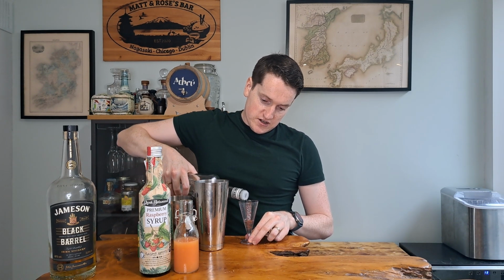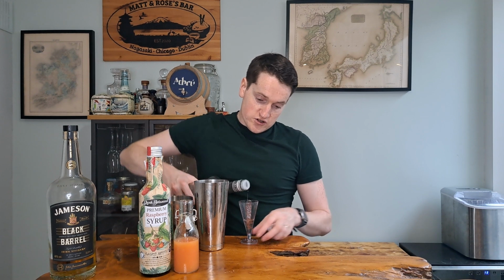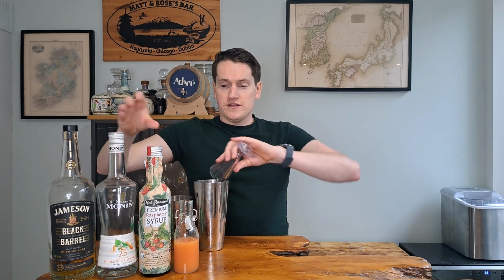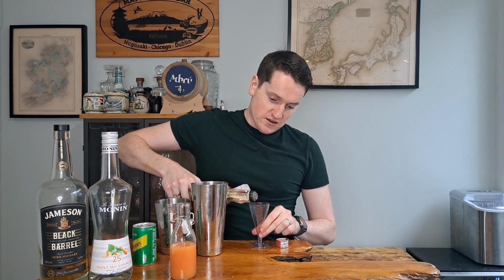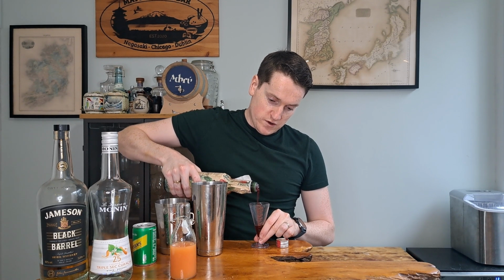So this is going to give us a nice bit of extra sweetness and orange notes from the triple sec, but then that raspberry sugar syrup is going to give us a different direction, with very nice flavor. It's quite rich. It actually has a lot of real fruit in it, like they use real fruit pulp, so it has a lot of flavor. So I'm going to go in with 10 ml of that into there,